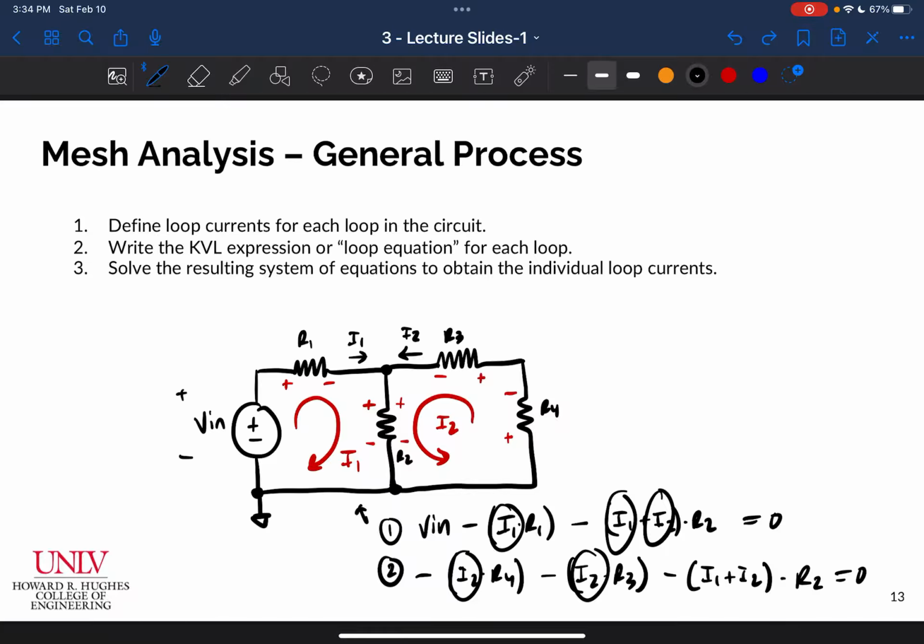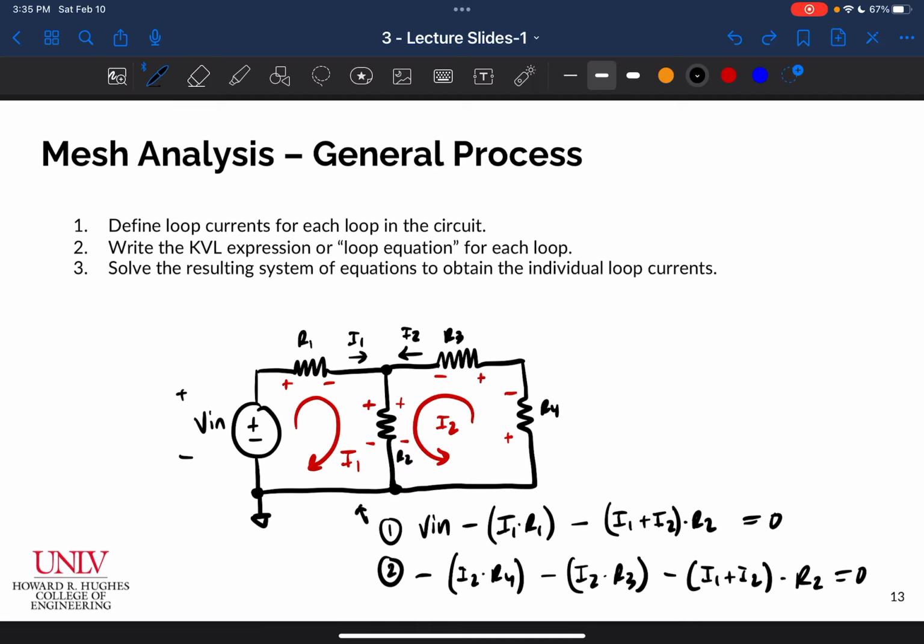And what I can do is I can now solve the resulting system of equations however you like, substitution, elimination, and you can go ahead and solve for I1 and I2. Once you know those currents, it's very trivial to solve for the node voltages in the circuit, and that is mesh analysis. So you really just go ahead, define your loop currents however you like, define the pluses and minuses accordingly across the components,